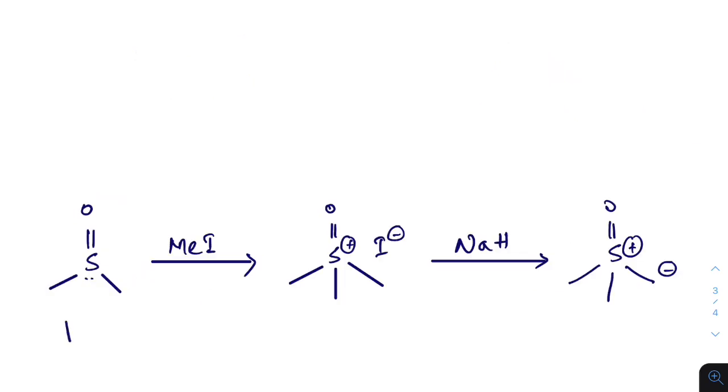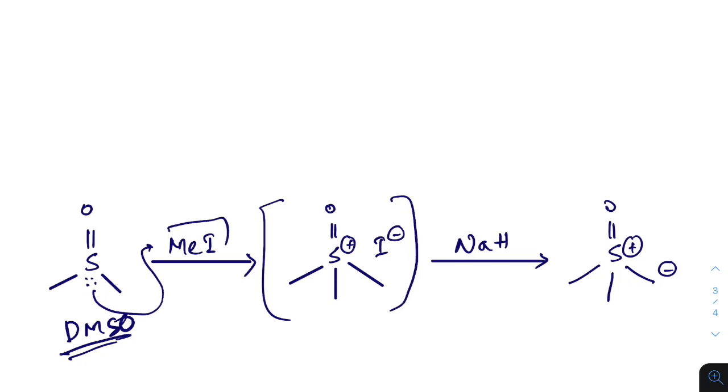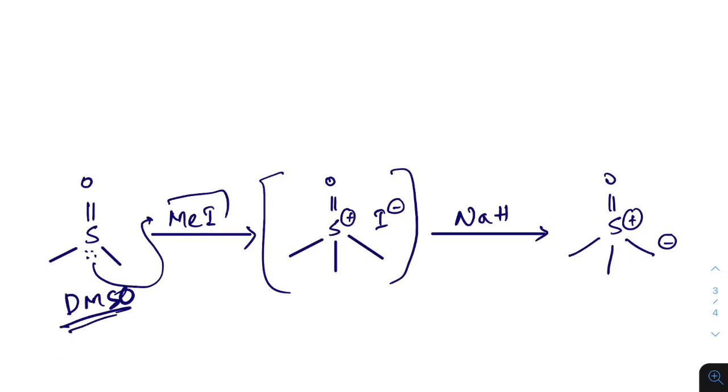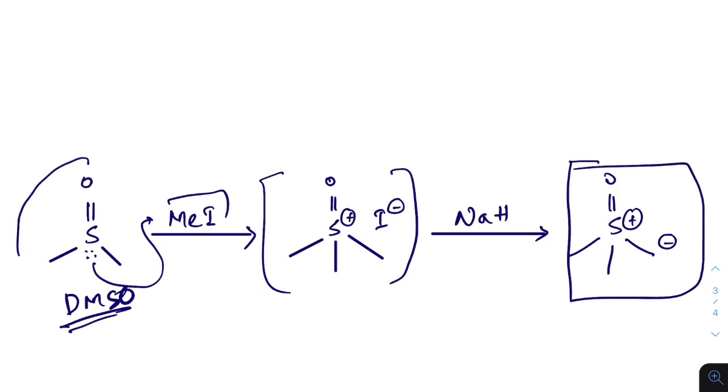Now in the presence of DMSO, which is easily available, and methyl iodide, the lone pair attacks there and that gives this type of product. In the presence of a strong base, this gives this type of ylide. So in a question paper, this form can be given directly, or indirectly as DMSO, methyl iodide in the presence of sodium hydride, and the olefin or alpha beta unsaturated substrate can also be given there.